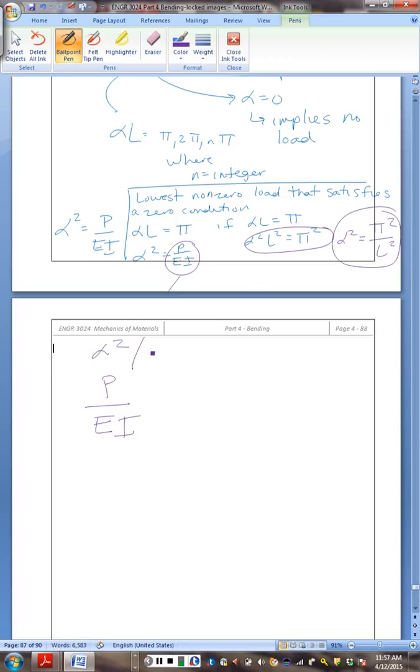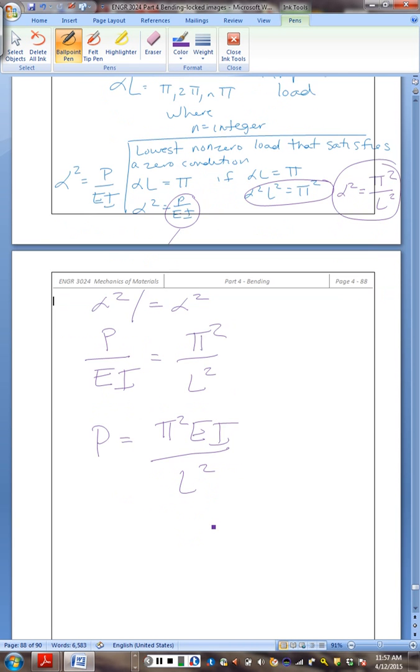So alpha squared equals alpha squared. We have P over EI equals pi squared over L squared. And if we solve this for P, we have pi squared times the bending stiffness over the length squared,